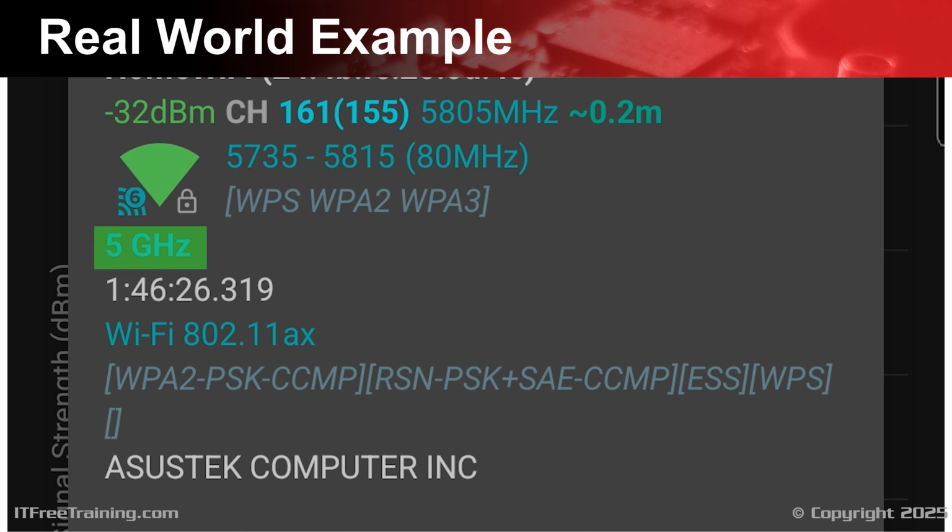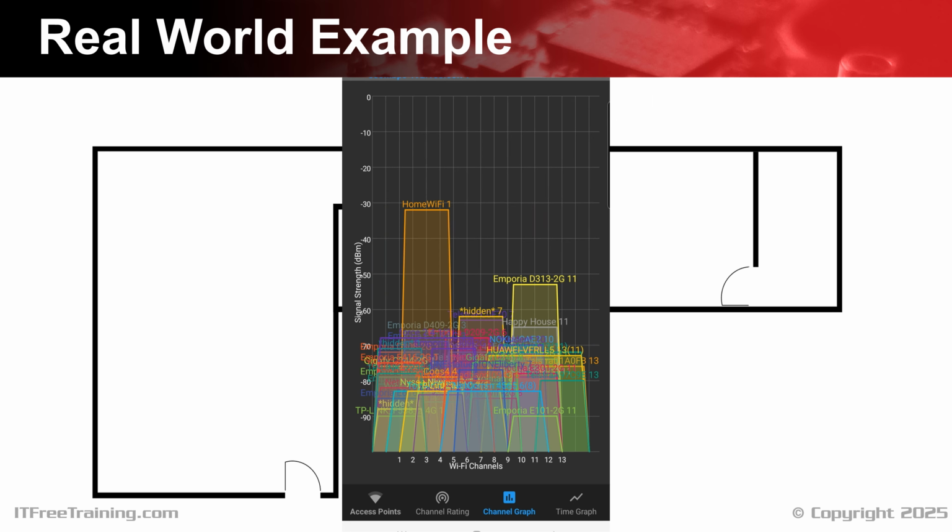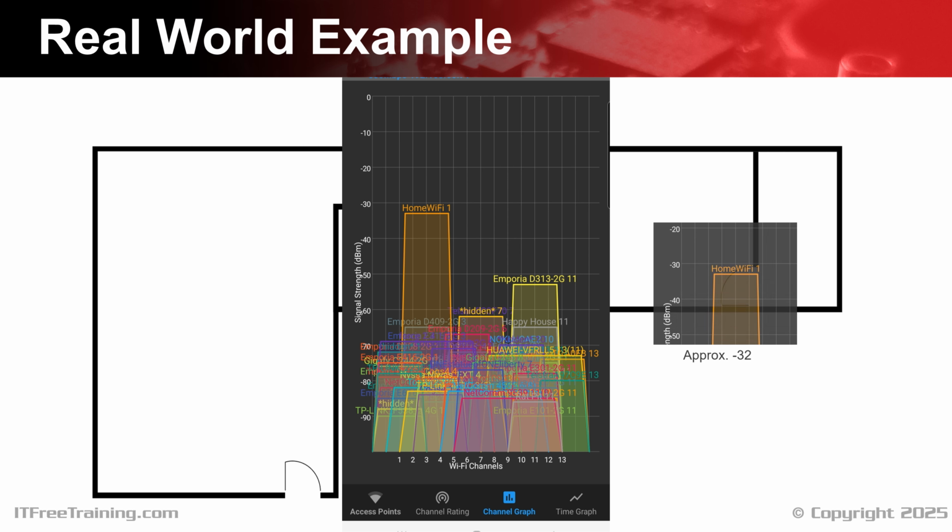Since the router is dual band, devices can connect to either 2.4 GHz or 5 GHz. Thus, using this option will only get readings for the band the device connects with. You will notice on the 2.4 GHz band that our Wi-Fi network is shown on the left-hand side and is quite strong. I will now make a record of that recording and add it to my map.